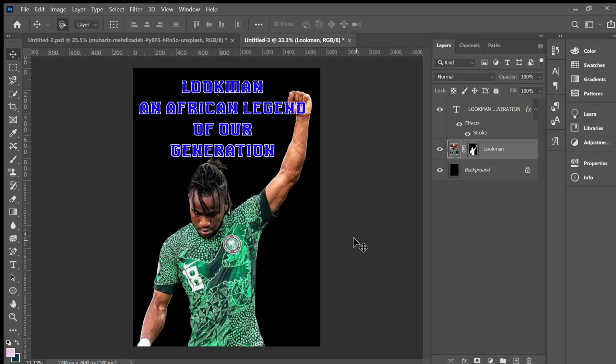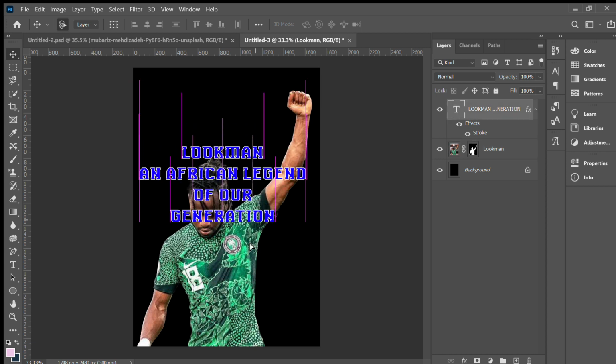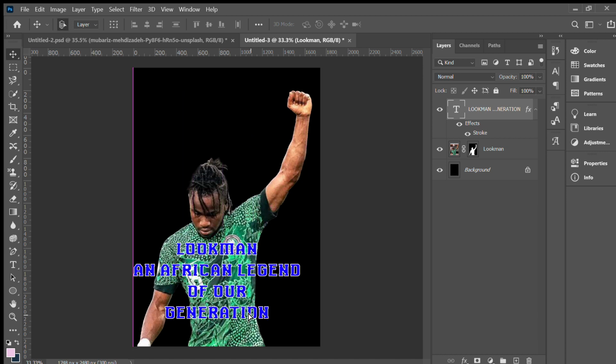So what we want to achieve now is to clip mask this image, this picture of Lookman here, into this text, which is Lookman, an African legend of our generation. So we want to clip mask this picture into this text. So I'll bring the text this way,